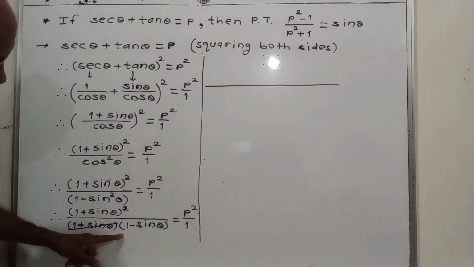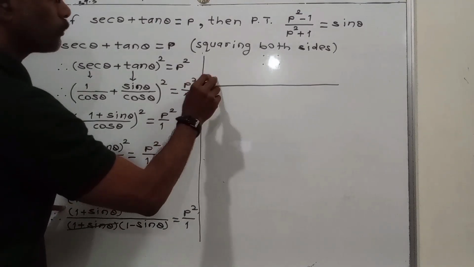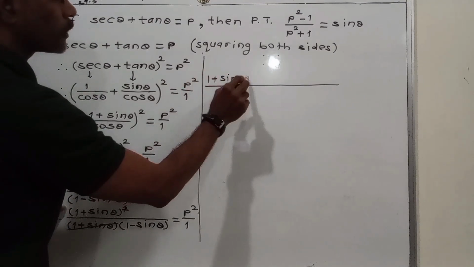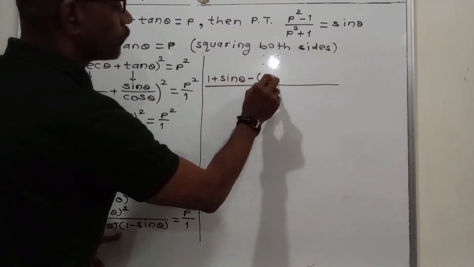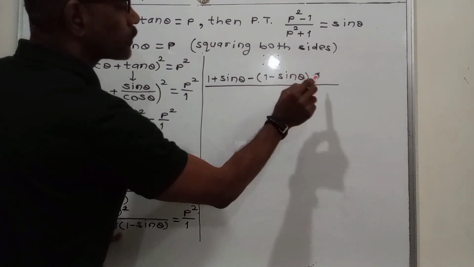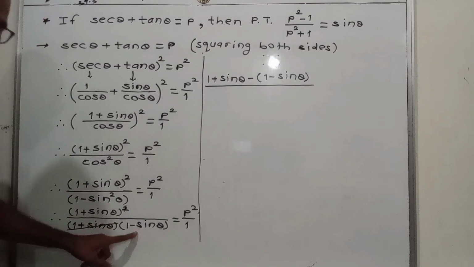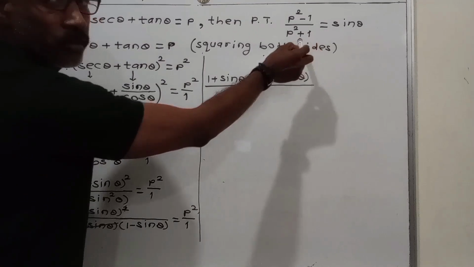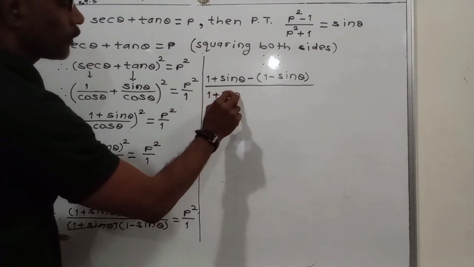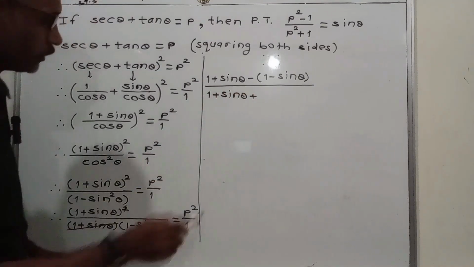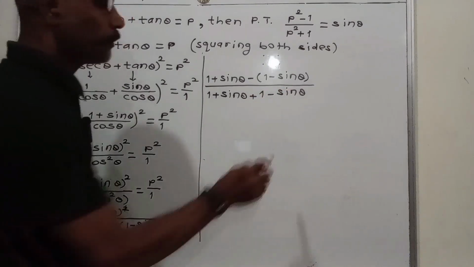So we subtract this denominator from numerator, means here 1 plus sin theta, and we subtract this, means minus bracket 1 minus sin theta. Did you get it? And we add this denominator in numerators here, addition. So we write here 1 plus sin theta plus, we add this as it is, 1 minus sin theta